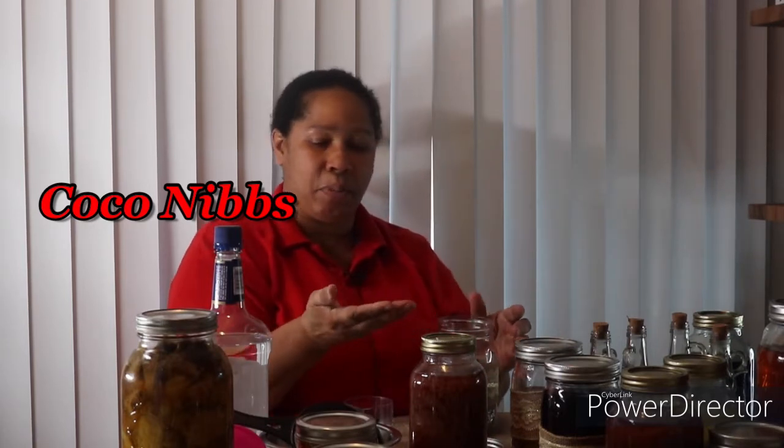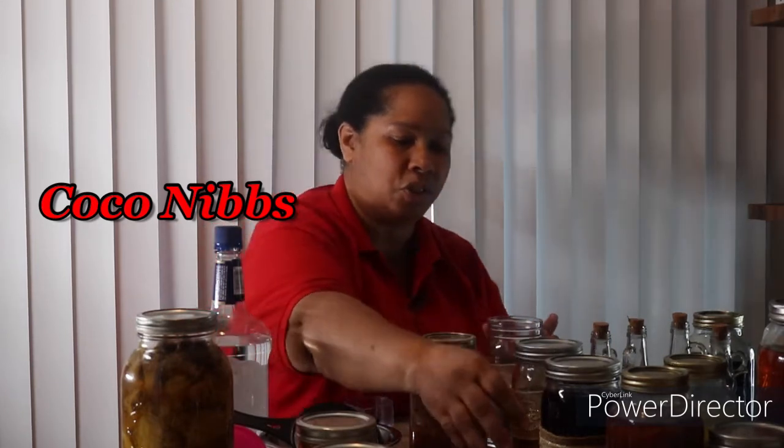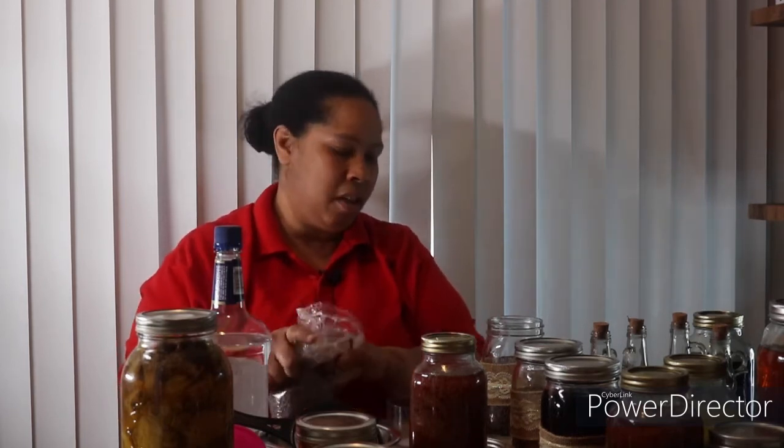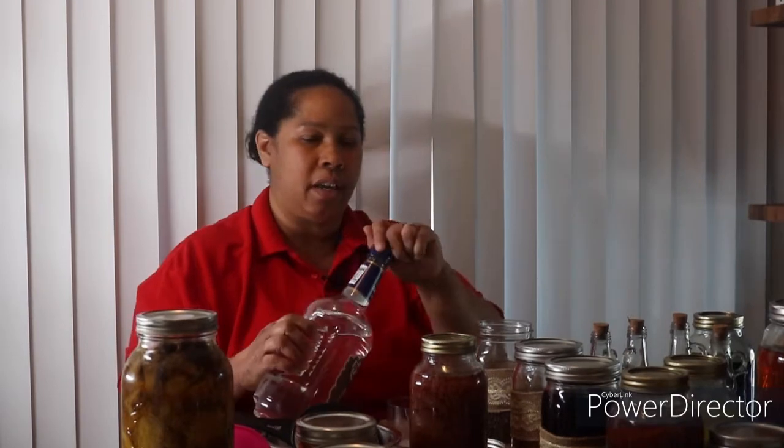If you've never seen a cocoa nib, they are the broken up pieces of the whole cocoa bean. I will show you what they look like up close. If you want an up close picture, I will put a picture on the site so that you can see, but they're little crushed up bits of the actual cacao bean, and so I'm going to make an extract of that. I have here about a half a jar of the cocoa nibs, and I'm going to add